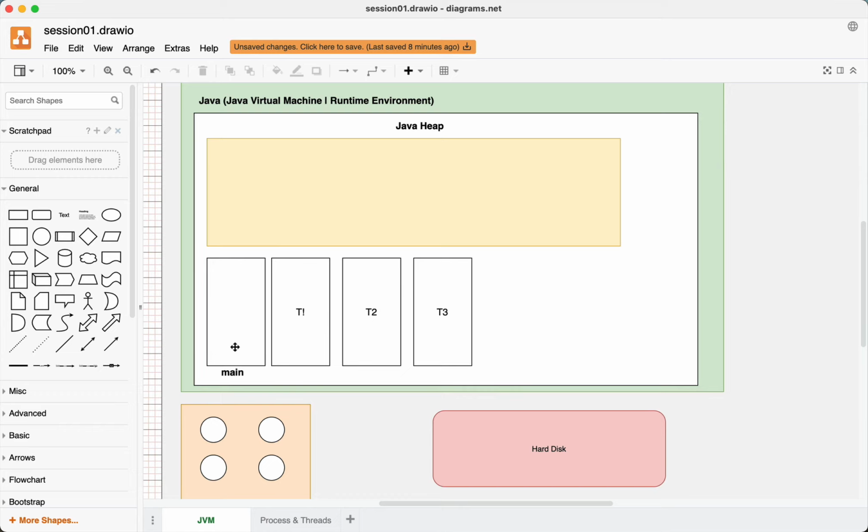Your JVM may still keep running, because if there is even a single other thread running, which is a non-daemon thread, we will talk about daemon and non-daemon later, your JVM will keep running, though the main might have completed.